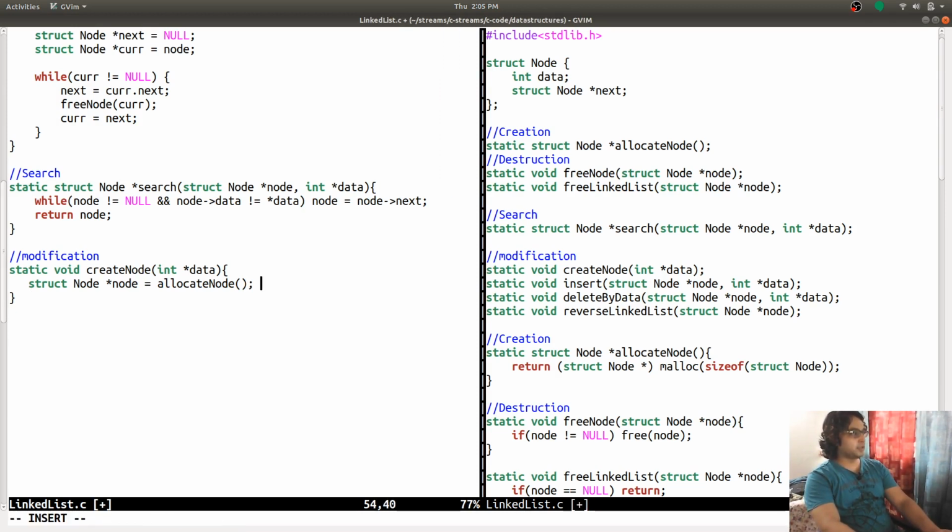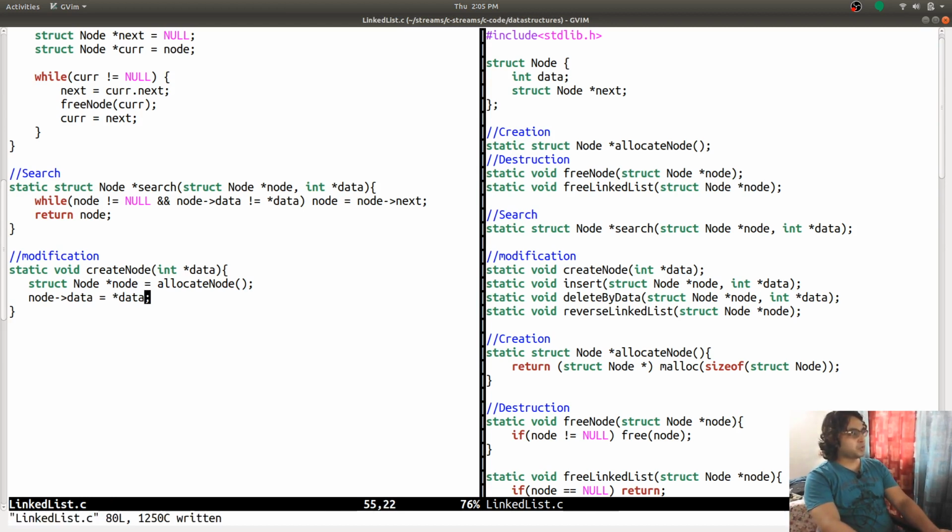So this is how it is. Struct node star node, allocate node. Memory is allocated, and I am going to copy that value to data.